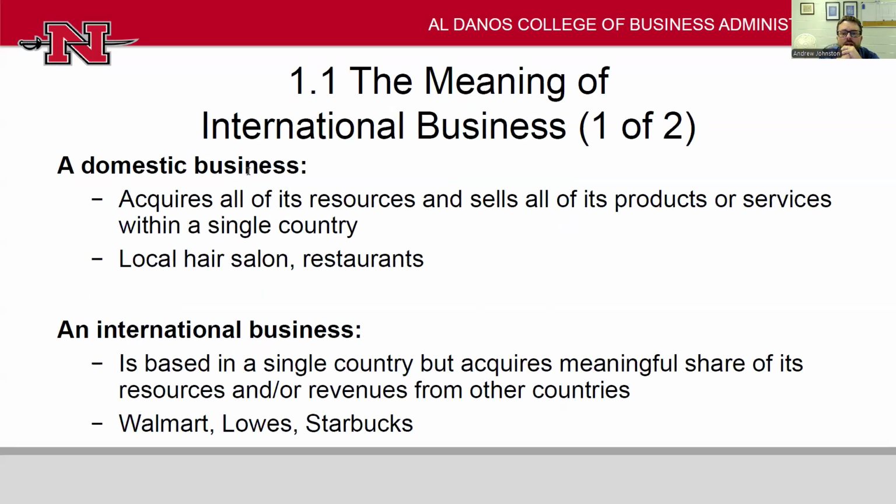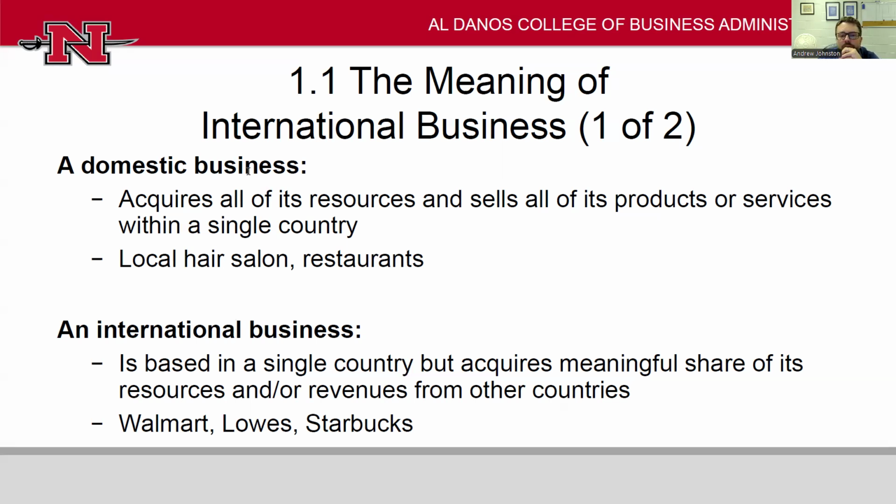What do we mean when we talk about international business? Well, a domestic business is one that basically stays home. It gets all its resources, more or less, within its home country, and it sells all of its resources within its home country. Now, that doesn't mean that all the inputs come from its own country, but simply that its partners are based within its home country, right? You might be buying your coffee beans at Rouse's, and those coffee beans didn't come from Louisiana, but the people you're dealing with are local.